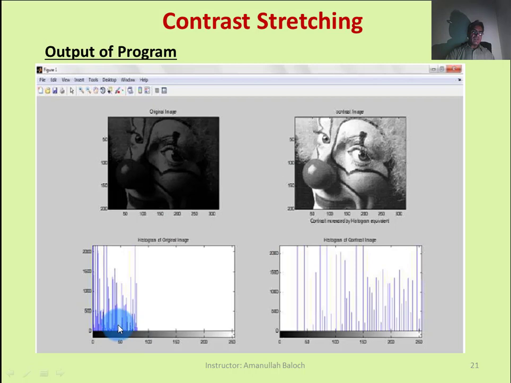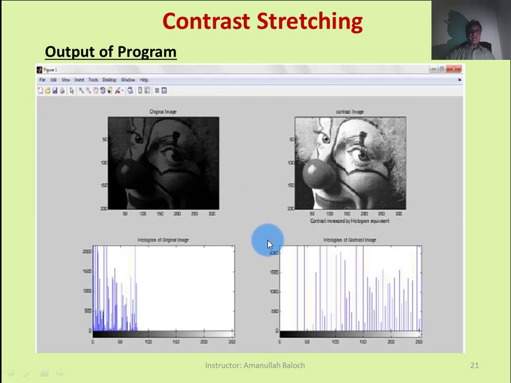So all the pixel values are between 0 and 80, while the histogram equalization function equalized this histogram across the whole gray values, that is 0 to 255. This is the histogram of this image. So when histogram equalization transforms it into this image, it equalizes the histogram into this form, and the image result becomes from the original to this shape.